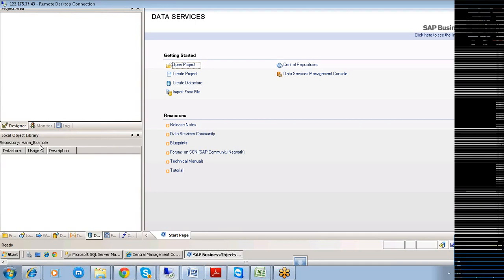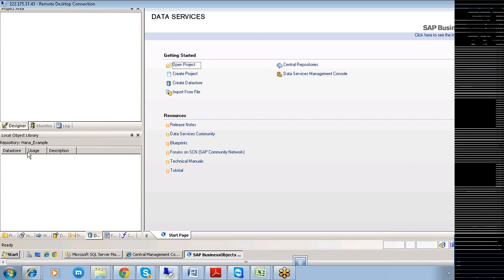Our repository is something like HANA_example, which we have created here. Once we have entered here, the first thing I want to do is import the tables named by Archana and Marvin, to make sure that they are imported into this repository right now.